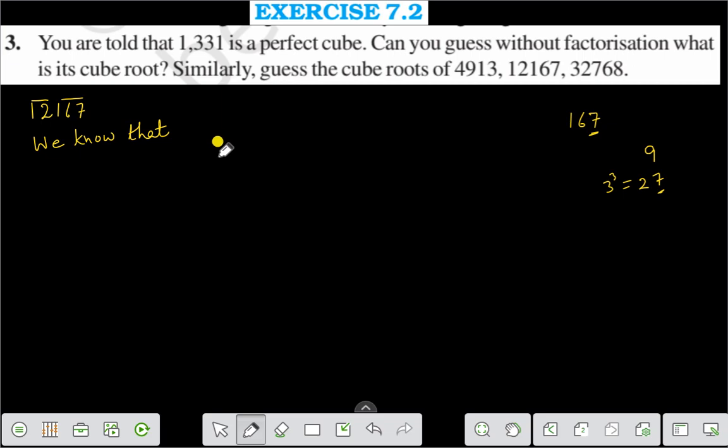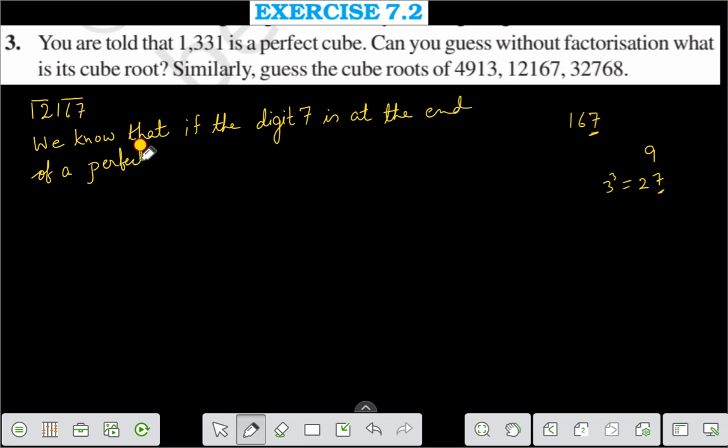We know that if the digit 7 is at the end of a perfect cube,